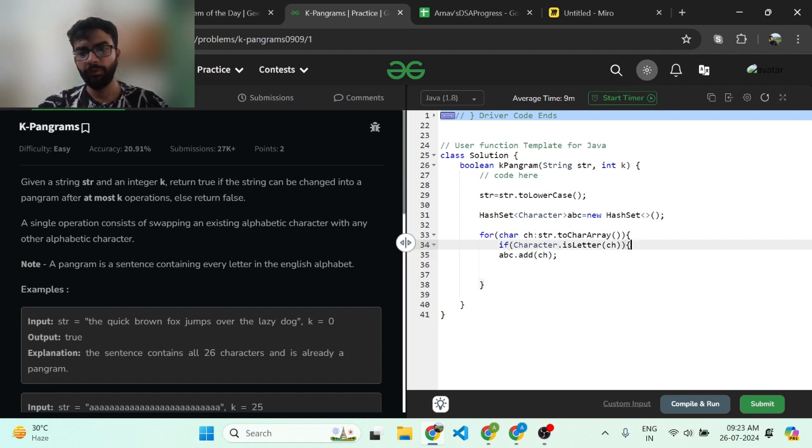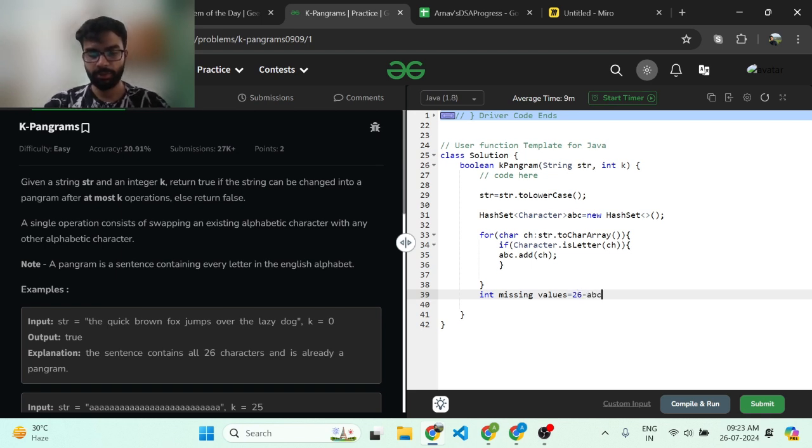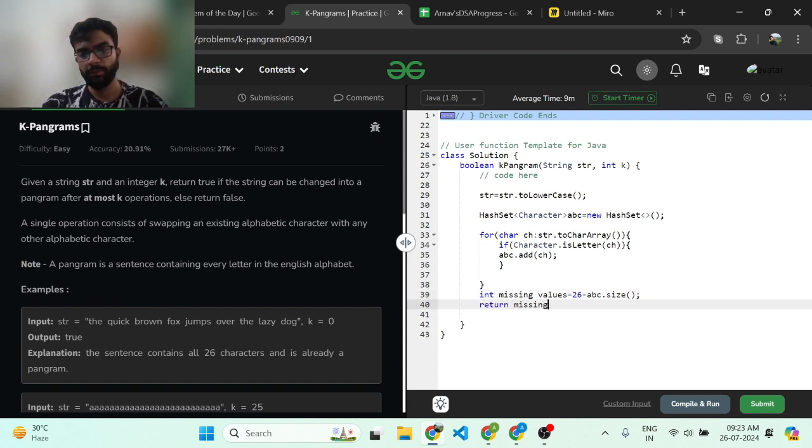So if this condition is fulfilled, I'm going to add the ch. I'm going to come out of the loop and say missing values equals 26 minus abc dot size, and return missing values